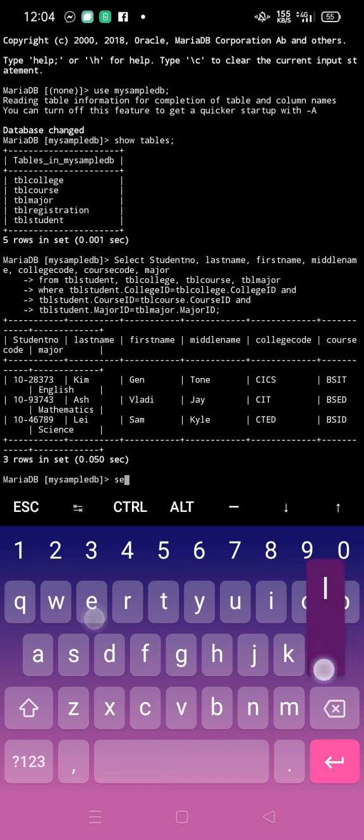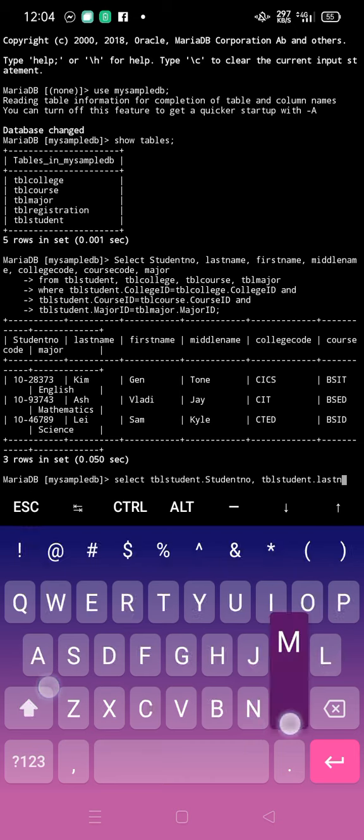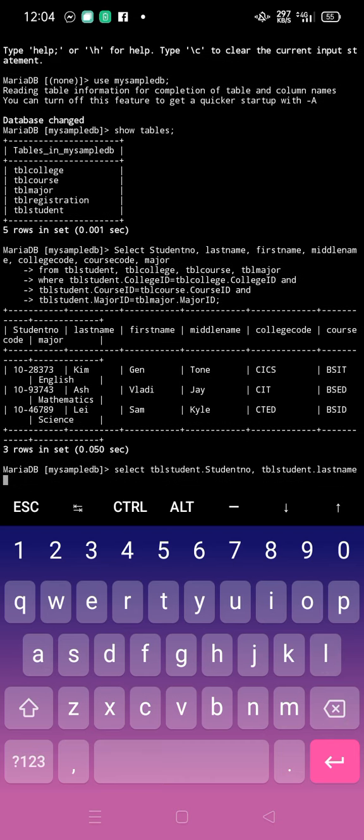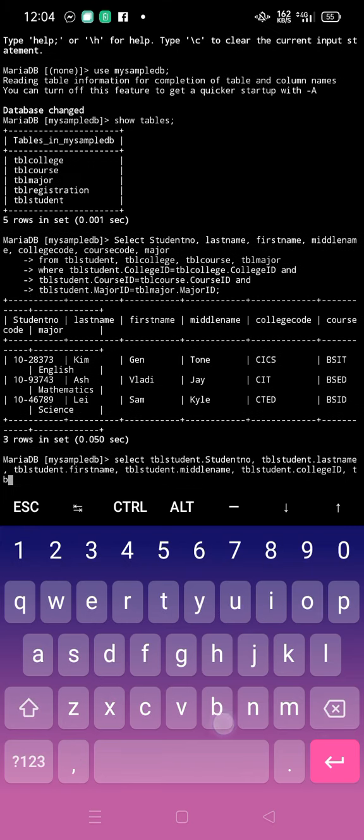Okay, select TVL student dot student number, TVL student dot last name, TVL student dot first name, TVL student dot middle name, TVL student dot college ID, TVL college dot college code,